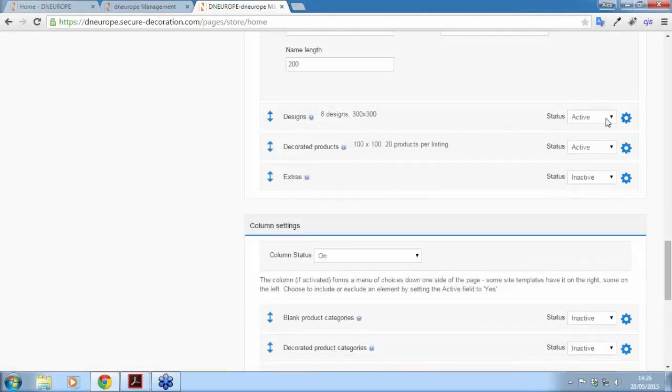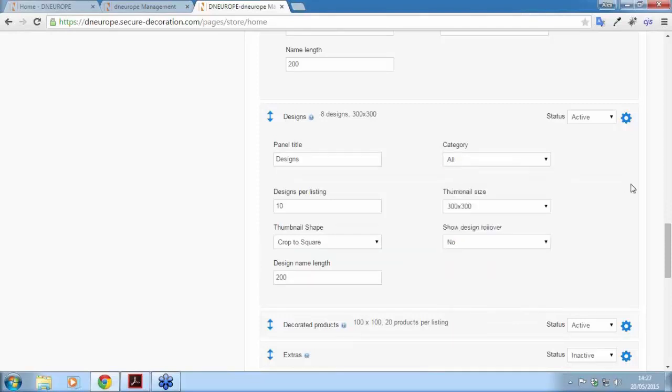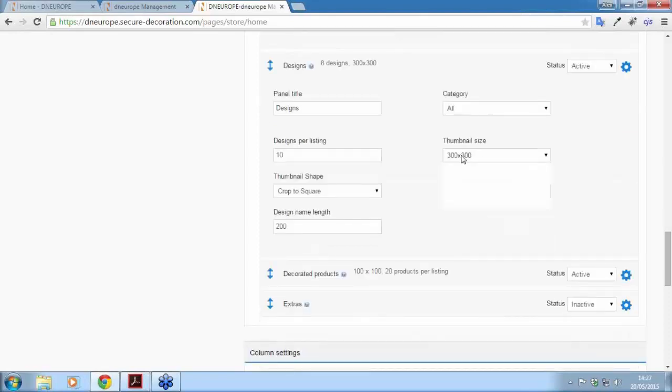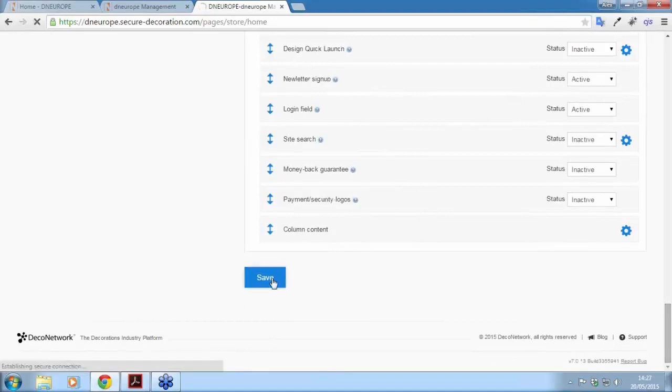And if I have a look at my designs, I can see here now when I select my category, it's pulling in all the categories from my stock designs. So if I want to show all, I just show all, or I can filter out each individual category. But I'm happy to show all, so I'm going to stick with that. And I'm not going to go with 300. I'm actually going to make them a little bit smaller, and I'm going to display maybe 14. So just minimize this. And now if I scroll down to the bottom and click save,